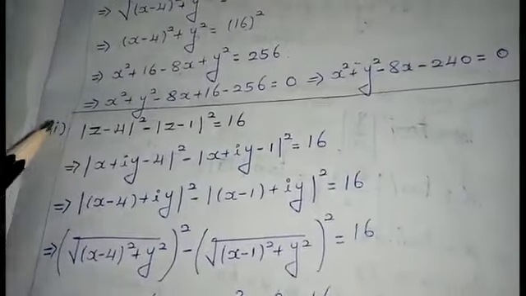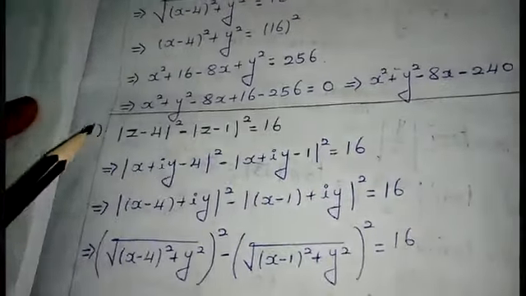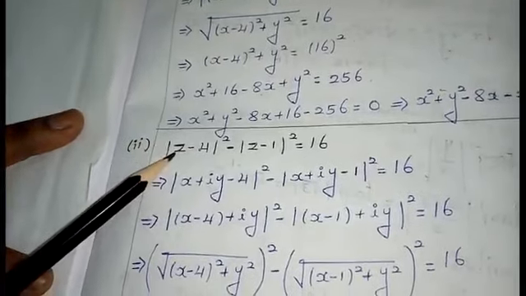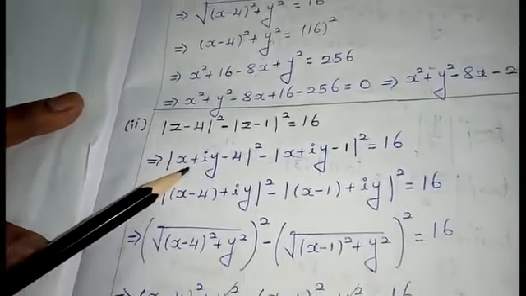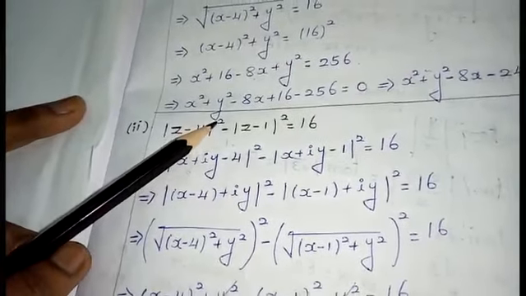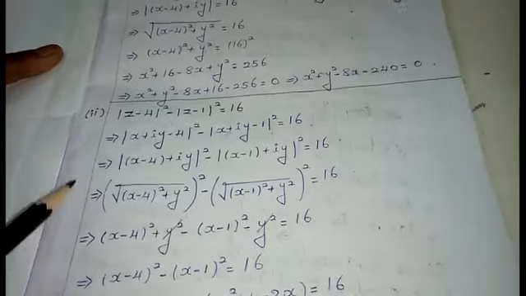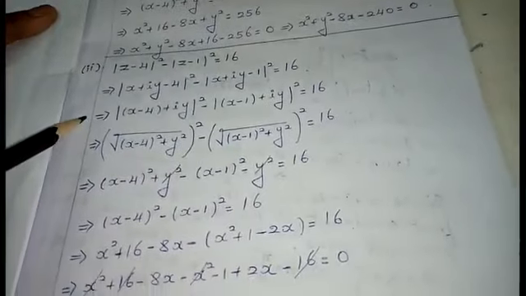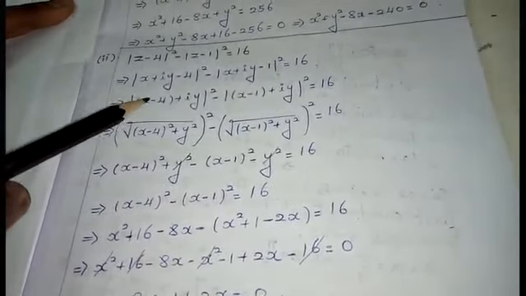Coming to the second question, just see the second question, students. This exercise is actually very easy. Replace z by x plus iy. Replace the value. If you notice, I have power 2 here. Just keep this in your mind. I am arranging the real part and imaginary part, students. After arranging, what is the value I am getting here?